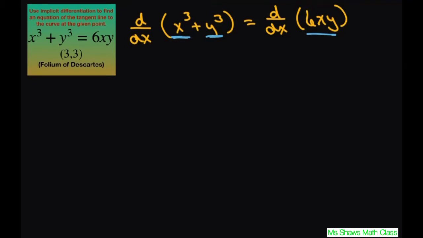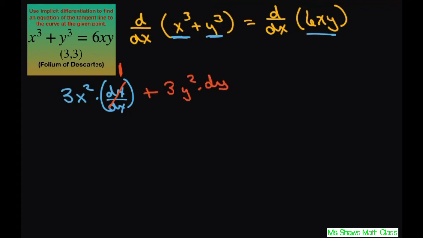For x cubed, that's going to be 3x squared. And this is a derivative of x with respect to x. Remember, this just equals 1. So after a while, you don't need to put that because that's just going to go away. But anyway, we'll put it for now. Then we have 3y squared times the derivative of y with respect to x equals, now this is going to be the product